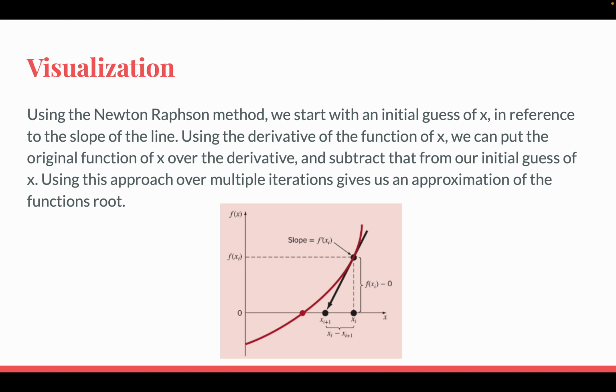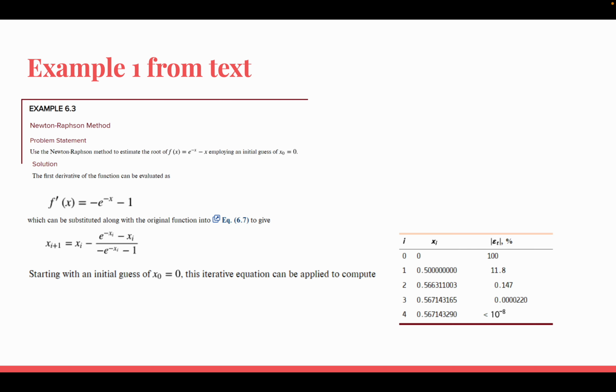So let's apply the Newton Raphson method to the function negative e to the negative x minus x from the textbook. With an initial guess at 0, we find its derivative to be negative e to the negative x minus 1. The root is updated using our formula. Initially, our percent error is very high, but after a few iterations, we converge to a value close to 0.56